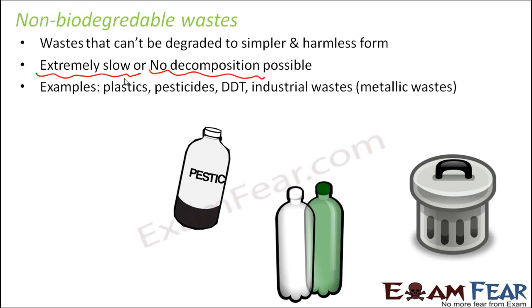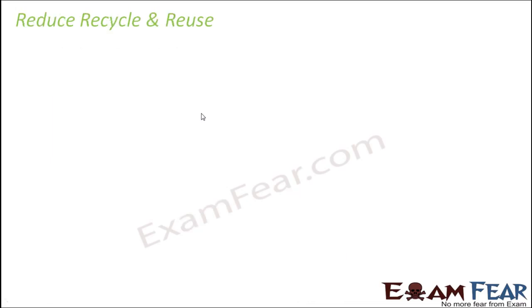Plastics are one very common example of non-biodegradable waste. Other wastes are pesticides, insecticides, DDT, industrial wastes, and metallic wastes. These are also non-biodegradable. But plastic is something hugely used by all of us, and that is why a lot of non-biodegradable waste comes from plastics. Therefore, we should always remember to use plastics judiciously so that we do not unnecessarily use them and